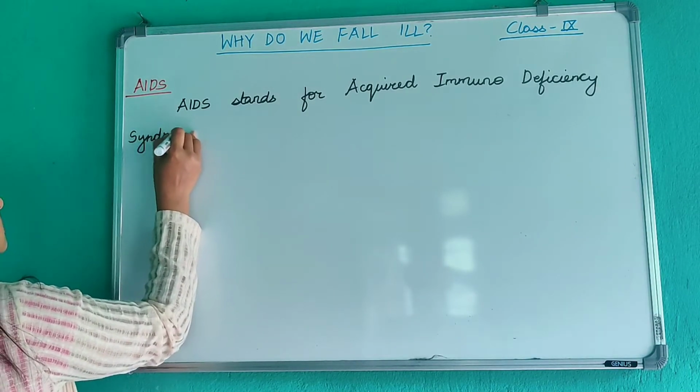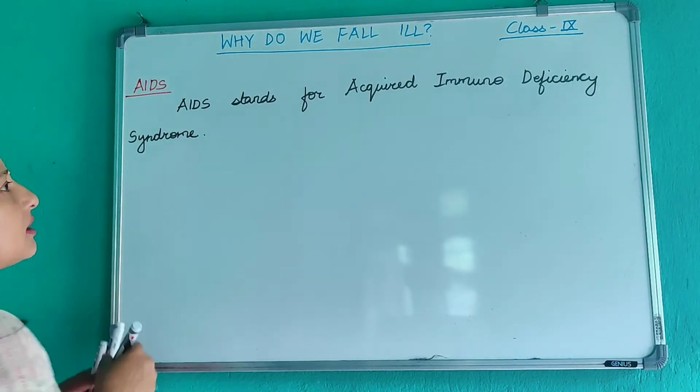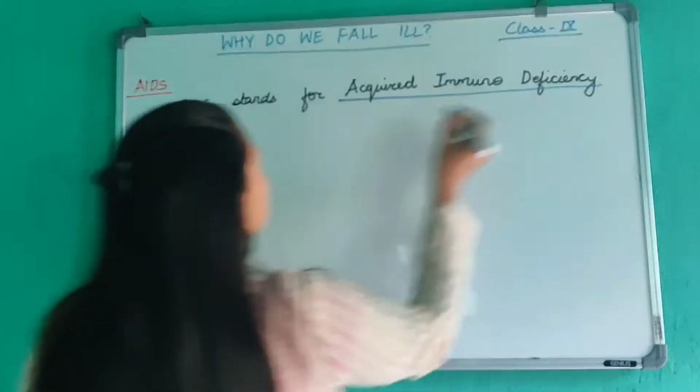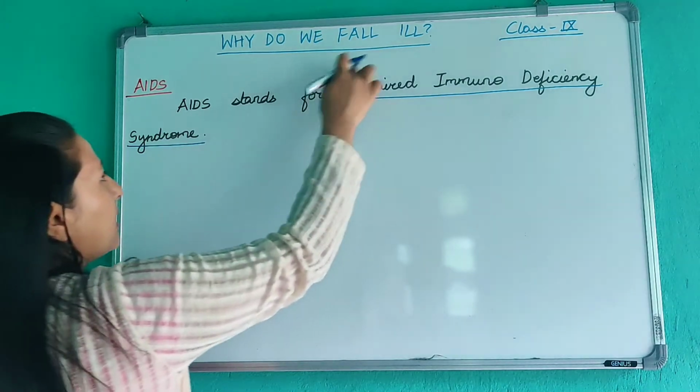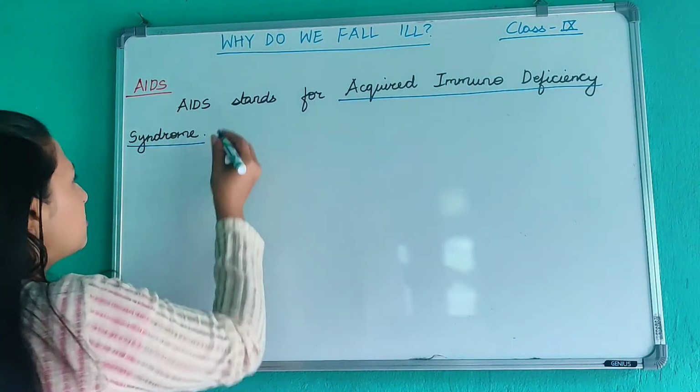Okay, very important, you have to remember the full form of AIDS. It is acquired immunodeficiency syndrome, AIDS. Okay, and it is caused by